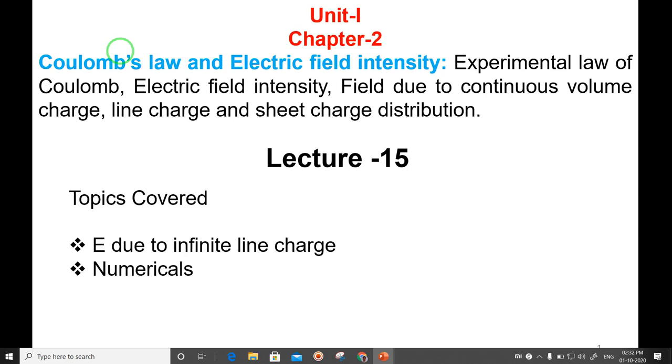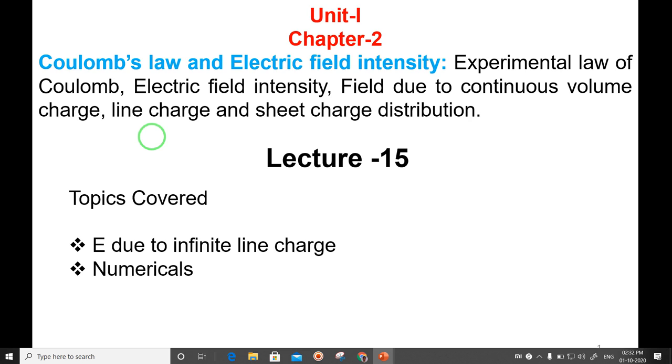In the previous lecture, we derived the expression for electric field intensity due to volume charge, and also solved a few numericals, that is, evaluation of the volume integral. In one of the problems, the answer we got was minus 0.0785 picocoulomb. Minus, I got, it is correct. The textbook answer is wrong. Whatever we have solved is correct.